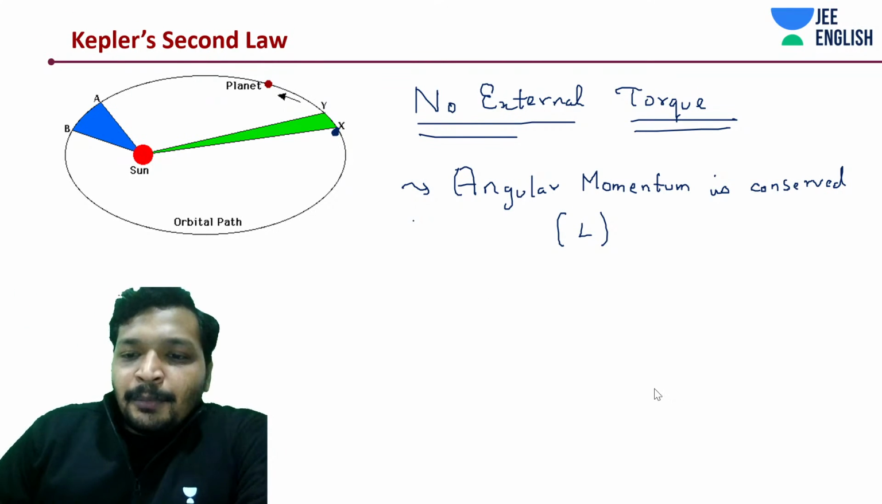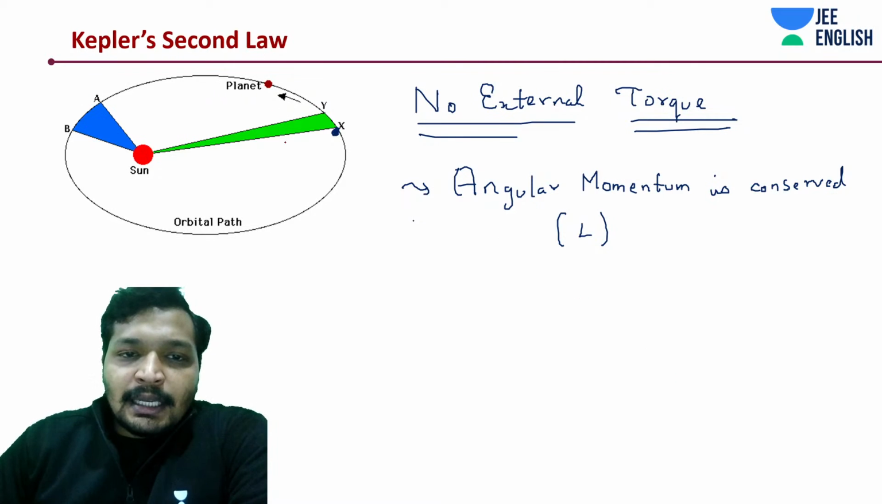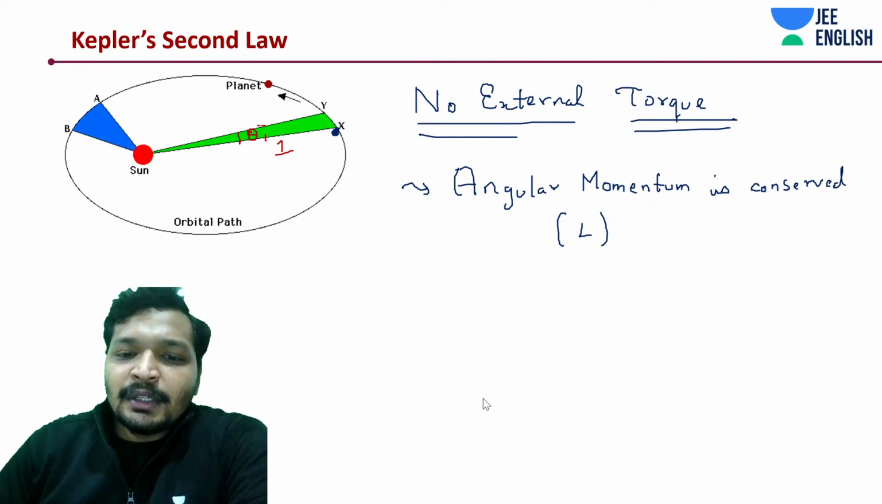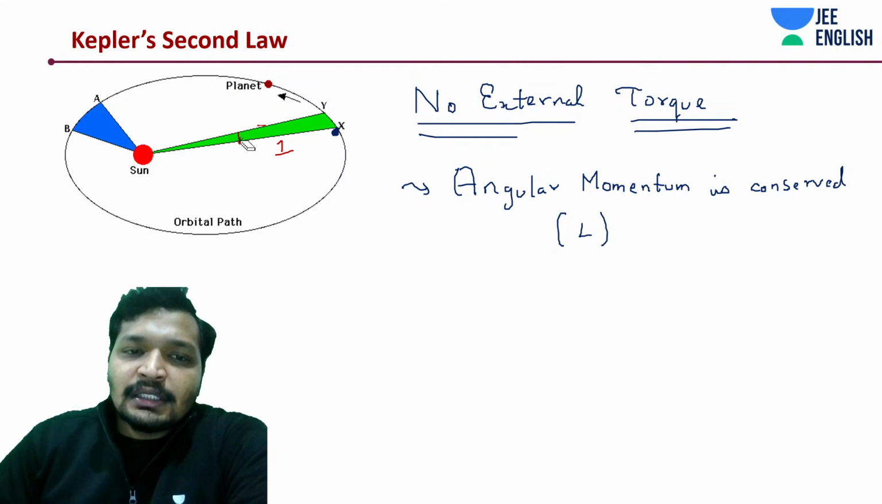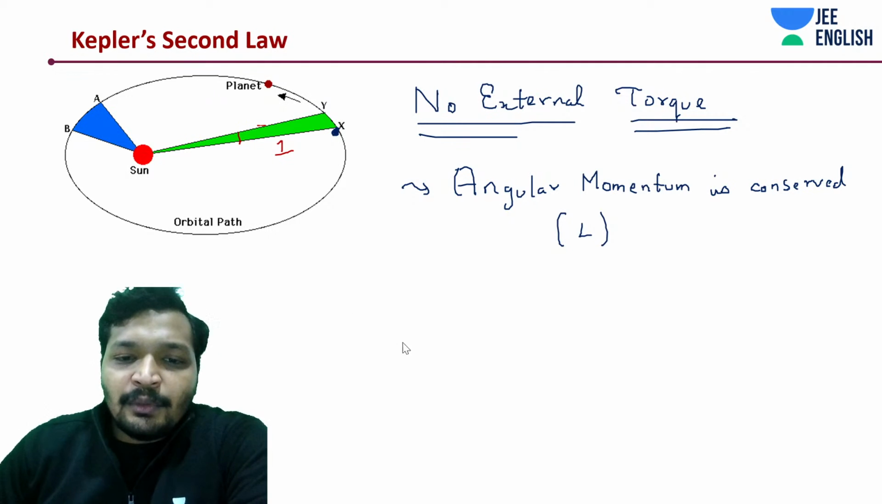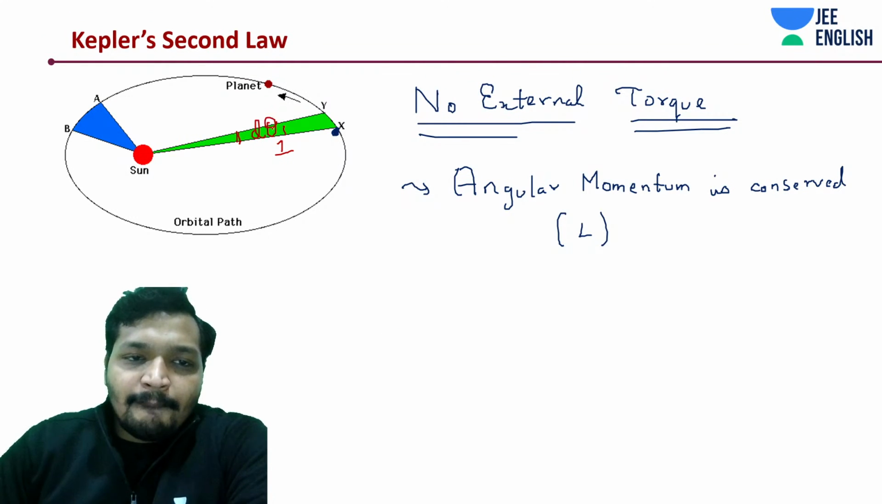So here let's prove one by one. Let's take this as 1 and we have theta 1. Actually this is not even theta, because we are assuming during that period the velocity is the same. So we'll take it as d theta 1, and this to be d theta